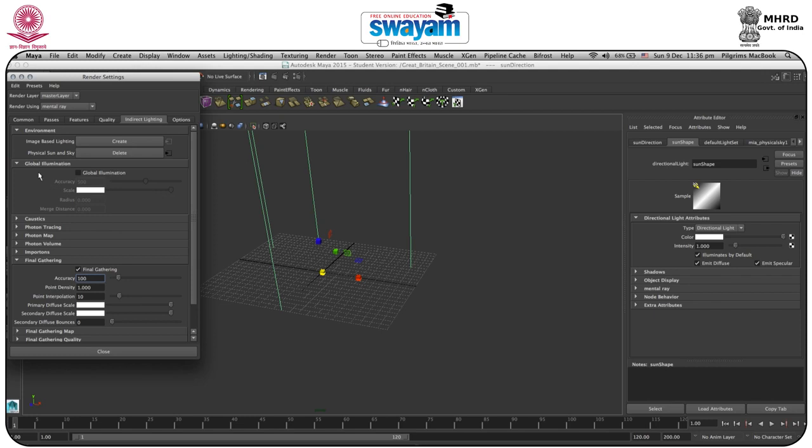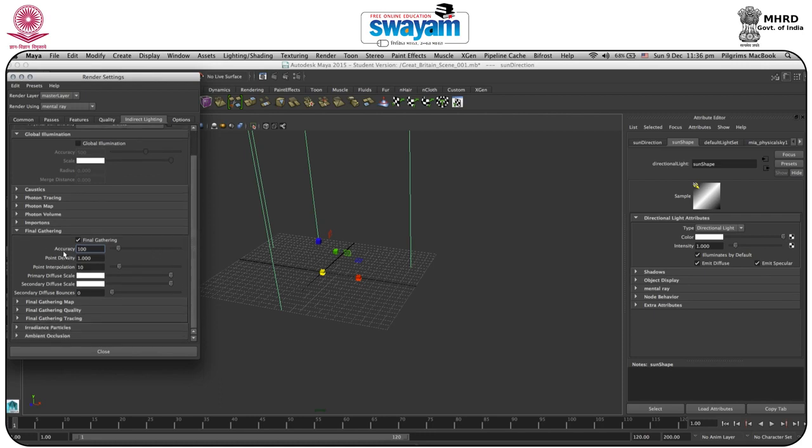now as you can see, whenever we have created the physical sun and sky, final gather will be on automatically. So final gather is very important. It will smoothen your whole image and your whole render, and it will generate some soft glow and soft light in it. Okay, so if you increase the accuracy, definitely your quality will be enhanced, and also the render time will increase. So for this time I will just turn off this render setting, but we will experiment further later. So I will just turn this off.